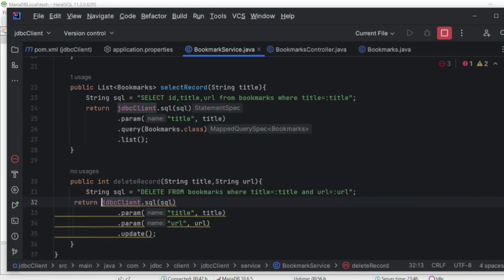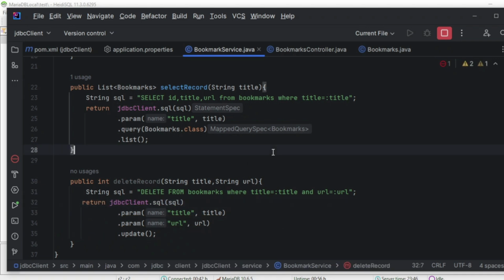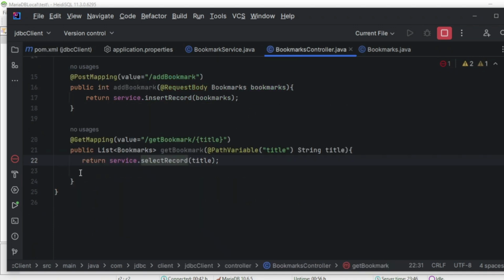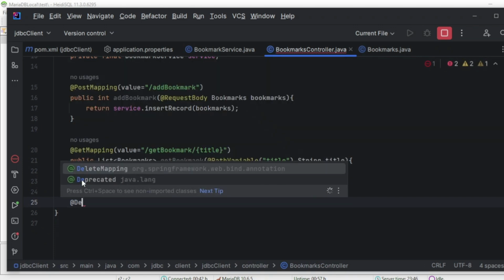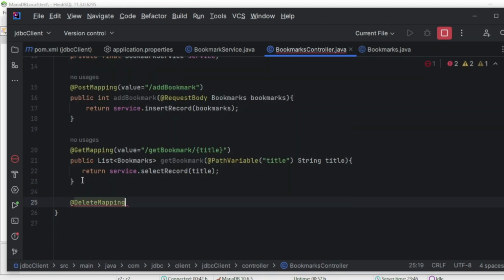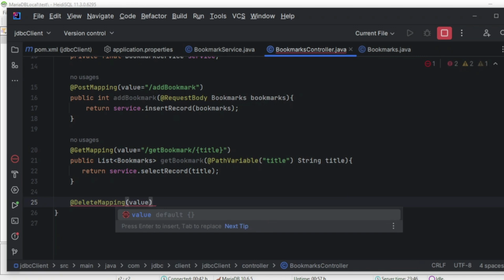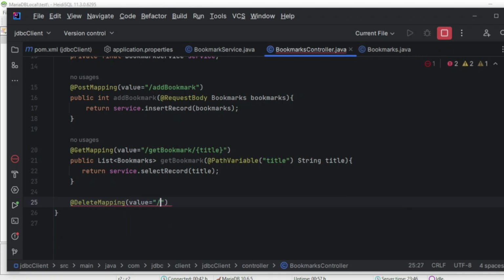Let me add return statement over here. Cool, nice. Now let's prepare our controller directly here. Okay, so something like delete mapping we will have it, so let's use that delete mapping. Okay, value is equal to, let's say, get, not get,